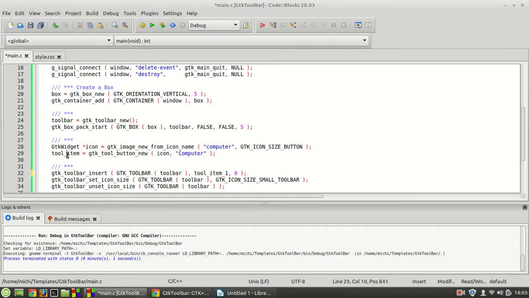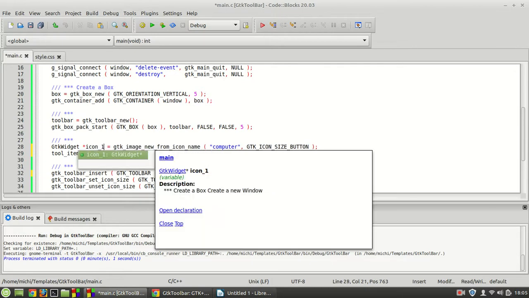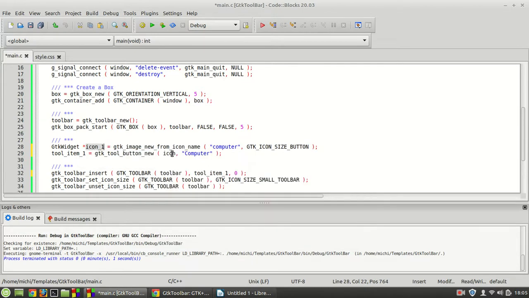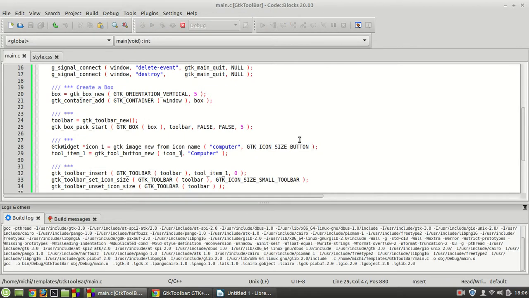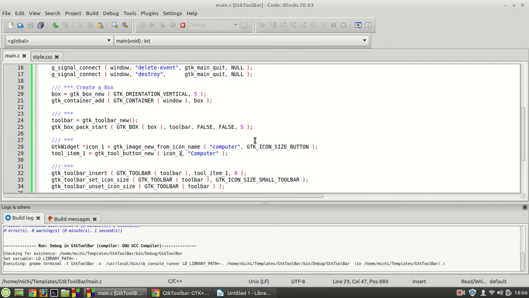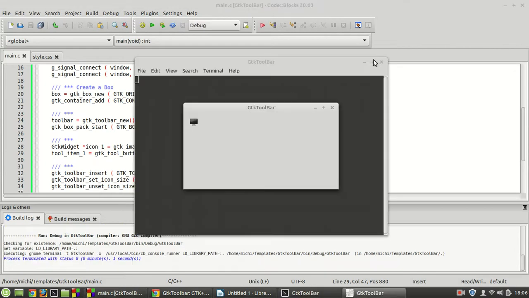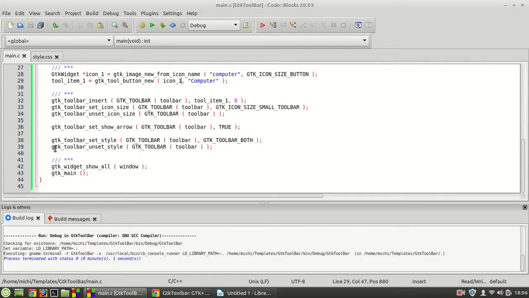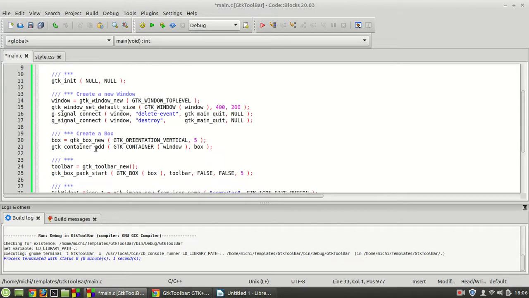Because I want to create more icons also. I'm going to change it to icon 1 for a second. And now let me see if everything works fine with these changes, or if I forgot something. No, everything looks fine. Okay, I'm going to comment this part, and you know what, no, I'm going to remove all these things right here. Let's see, insert I'm going to leave, but these functions I'm going to remove them to not create too much